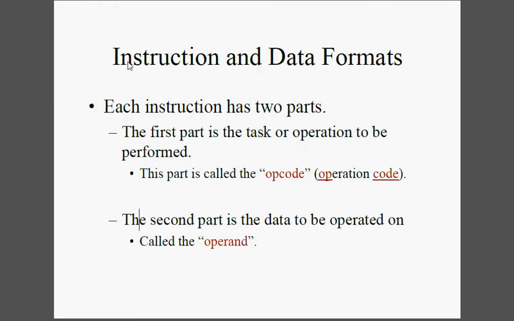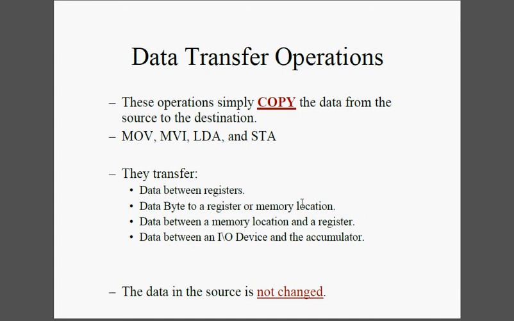Alright, so each instruction has two parts. The first part is the task or operation to be performed, which is the opcode, and then the second one is the operand. The second part of the data, we call it the operand. So this is the opcode. Example: move immediate, load, store, and these are the data transfer type of operations, which involve the data